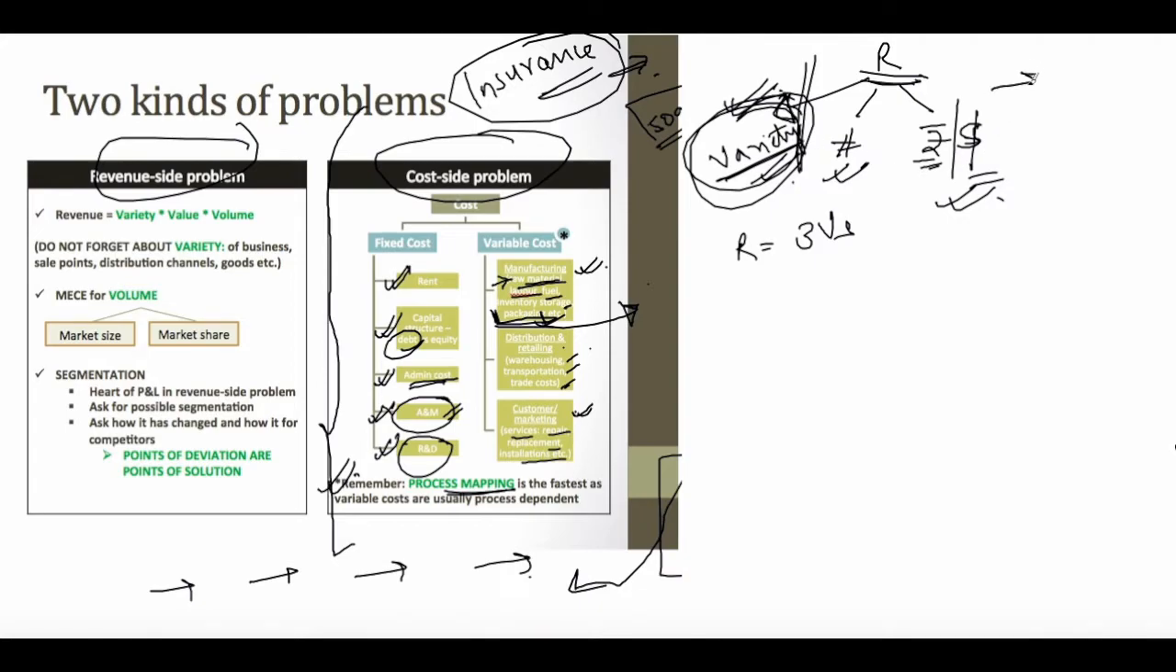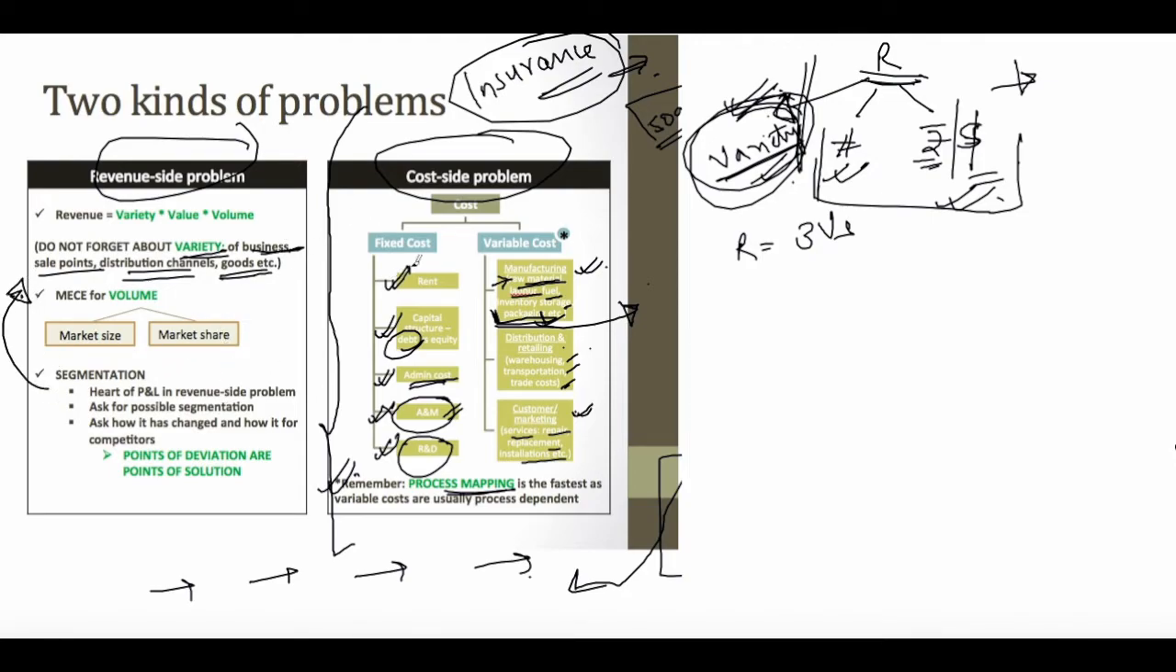The language that I usually adopt is, okay, so is this the only product that we are concerned with, or are there other products also that we have to keep in mind? Once the interviewer gives me a go ahead, then I can only focus on this part, right? Like I said, variety can be of other aspects, right? It could be of business sale points, the POS, the points of sale. It could be a distribution channel. It could be of goods, which we will see in the